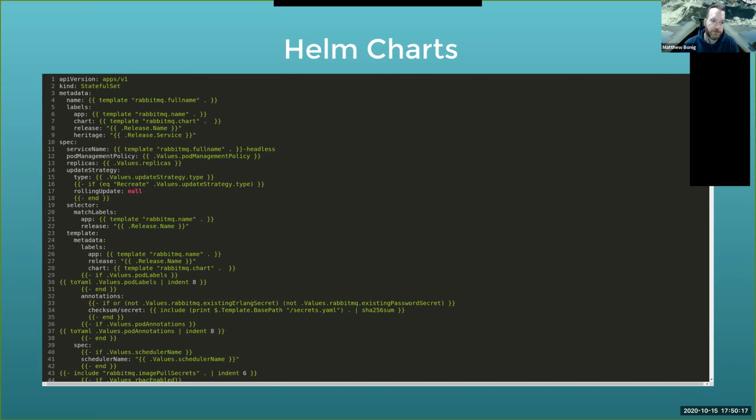Now, the next step up from this is typically Helm charts. And if you've ever worked with a Helm chart before, then what you're seeing here is probably going to be pretty straightforward, or it's going to look fairly familiar. You start with a basic YAML file, and then you start replacing static values like a deployment name or a chart name or labels or annotations or anything else like that with this tokenization that gets executed by Helm to generate a static YAML file.